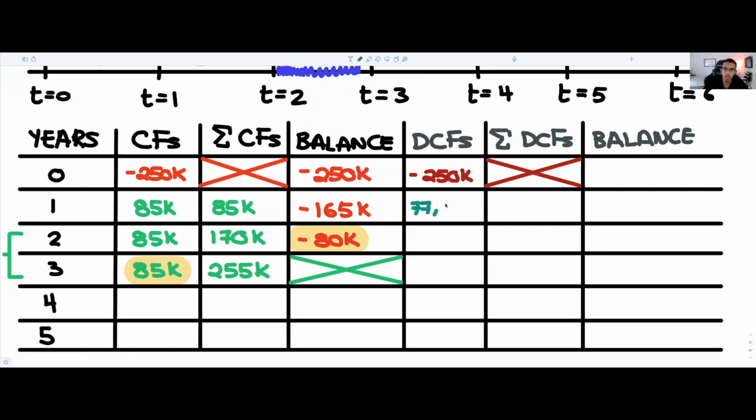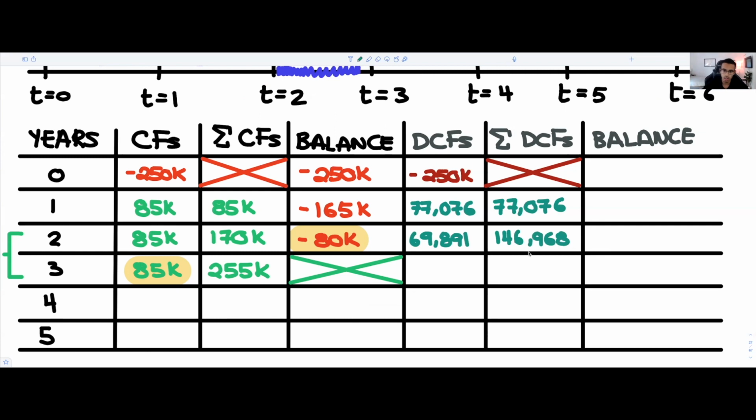And I'm going to round these up a little bit. Of course, on an exam, I don't want you to do that. We're going to do it the right way. And then the sum, of course, will be equal to itself. Then after year 2, if we do the same amount divided by 1.1028, we're going to have 69,1, such that the sum of our cash flows will be equal to